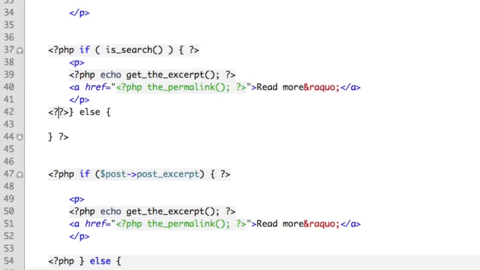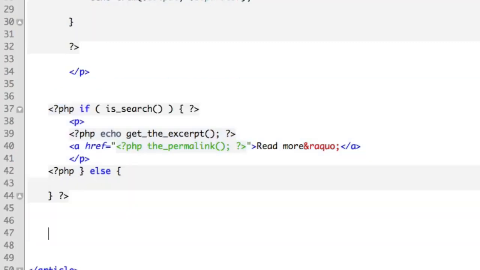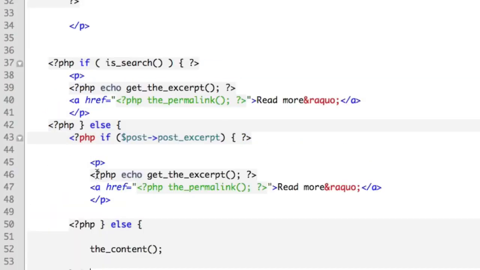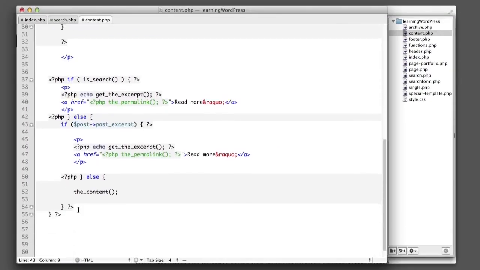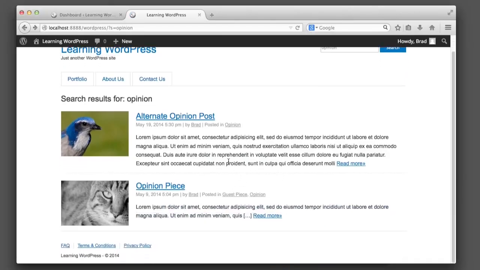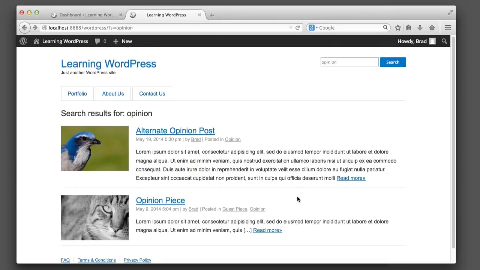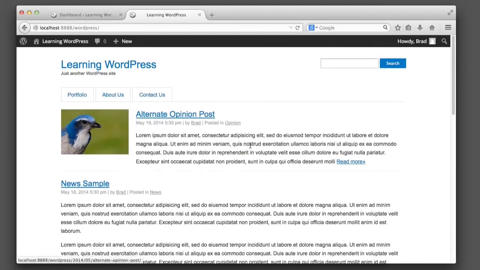Drop out of PHP and then back into PHP here. And then this entire logic that decides between the excerpt or the full content when we're on the home page can go in these brackets. So we'll just copy and paste this here. And then obviously we don't need to drop into PHP again, and then we don't need to drop out of it again. Okay, so now if we refresh, we can see that the search results page is always only showing an excerpt. But the home page is still using the logic to decide whether to use the excerpt or the